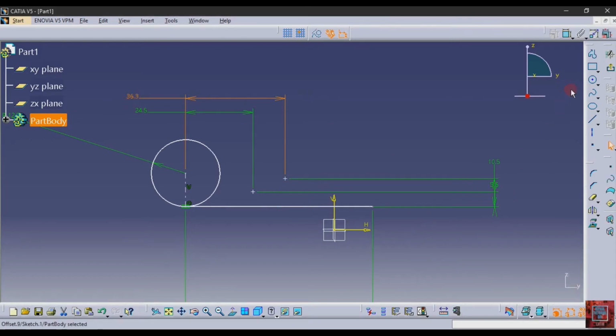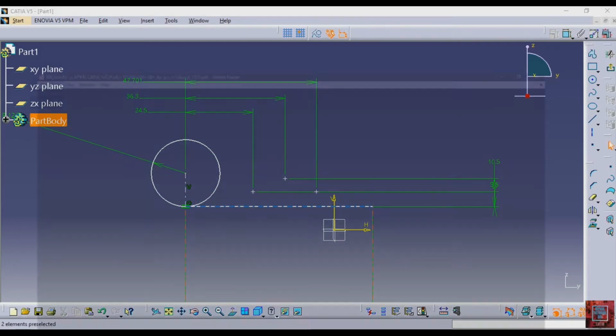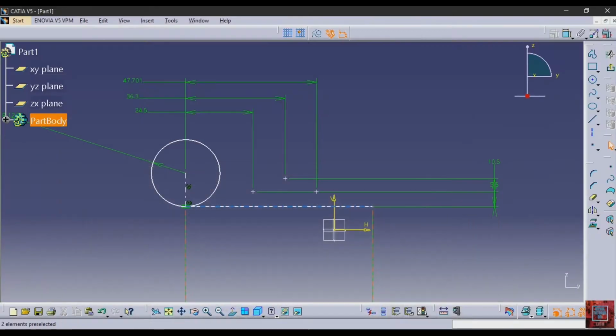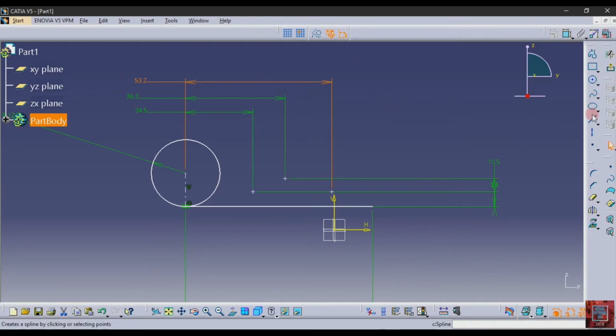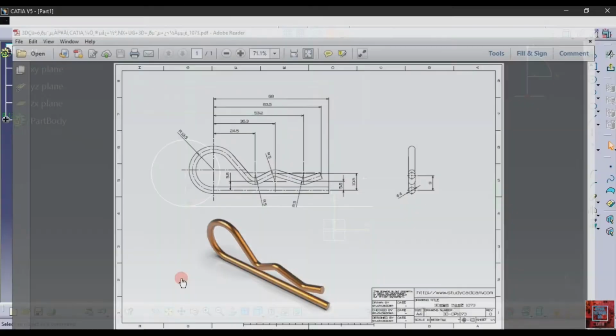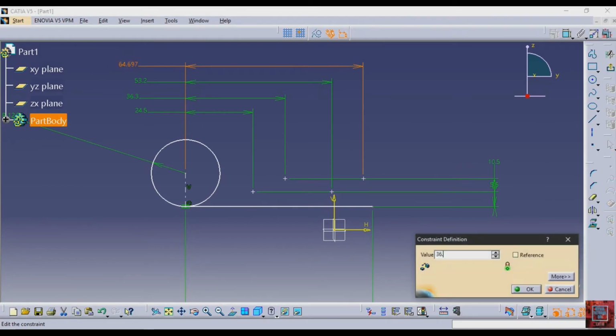36.3, and after that again select a point, make a point, and after that give the distance between this point and this line 53.2, and after that again select a point, make a point, and again give the diameter distance. This time the distance is 63.5,